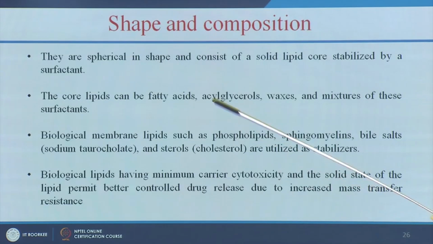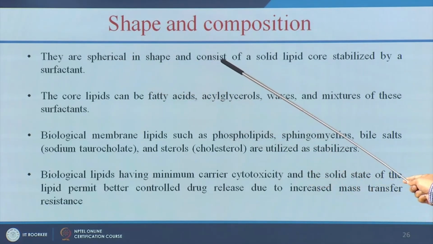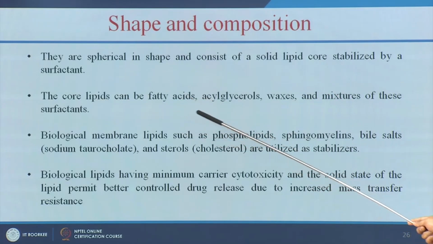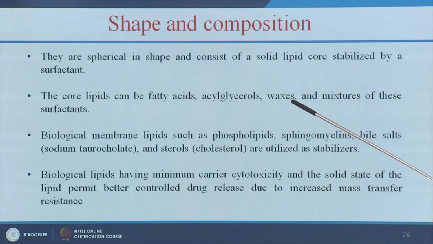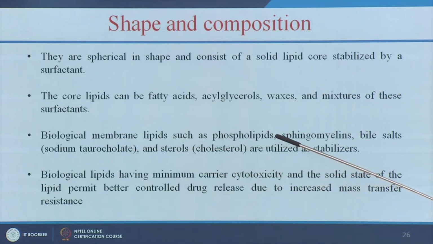Here we get the SLN, solid lipid nanoparticles, spherical in shape, and you will have the solid lipid core, and this core lipid can be made up of fatty acids or waxes,